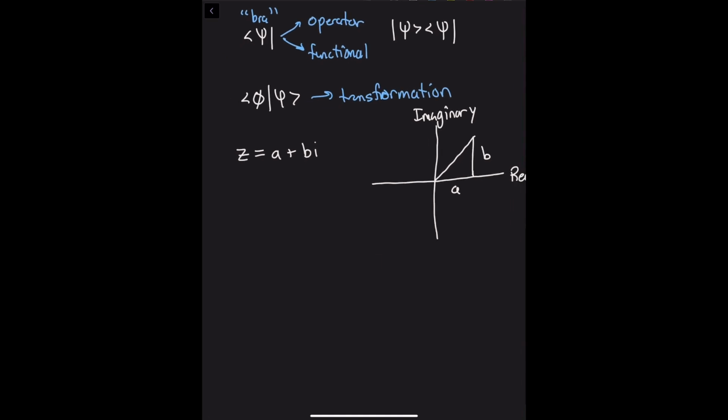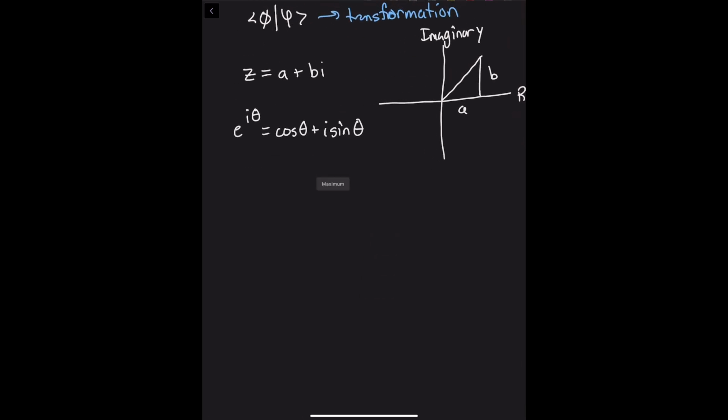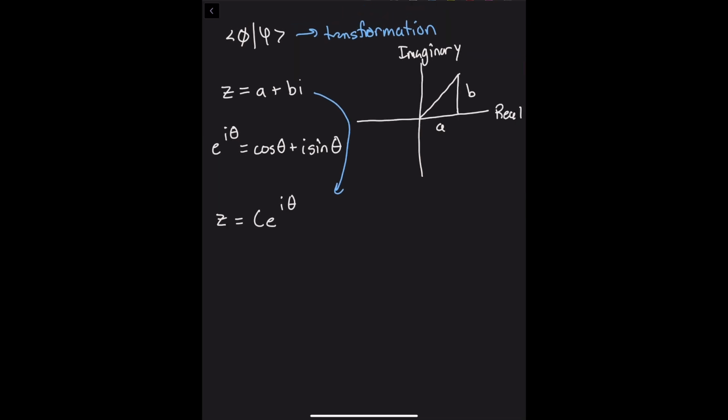And because of Euler's identity, which looks like this, e to the i theta equals cosine theta plus i sine theta. I'm not going to go into why that's true or how it changes the eigenvalue, but basically saying that z equals a plus bi is the same thing as saying z equals c times e to the i theta. Where now this hypotenuse is c, the magnitude of the complex number,